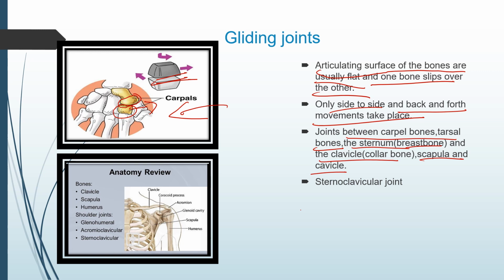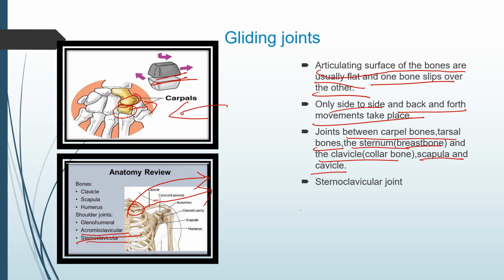Next comes the sternum. This is the sternum or the breastbone, and this is the clavicle or the collarbone. The joint between the collarbone and the sternum is called the sternoclavicular joint. It is also a type of gliding joint where both the bones are usually flat and one bone slips over the other. Now the joint between the scapula and the clavicle is called